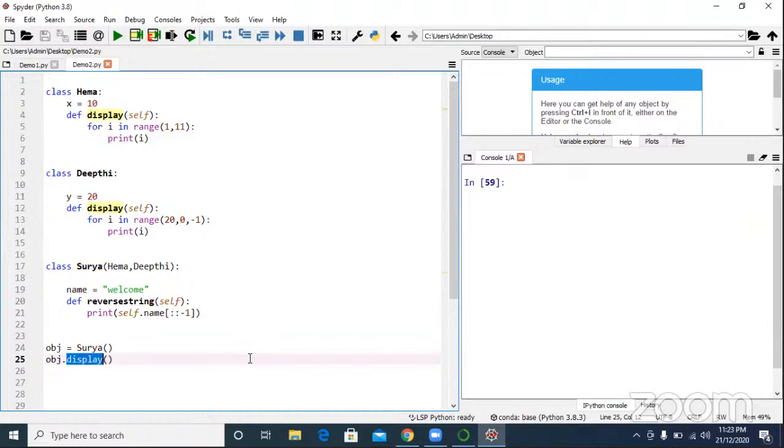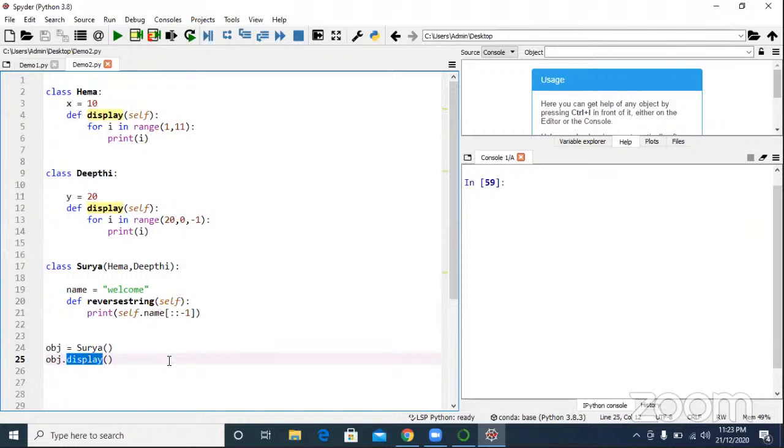Will it print 1 to 10 or 20 to 1? Only 1 to 10? What about 20 to 1? That is also display, right?